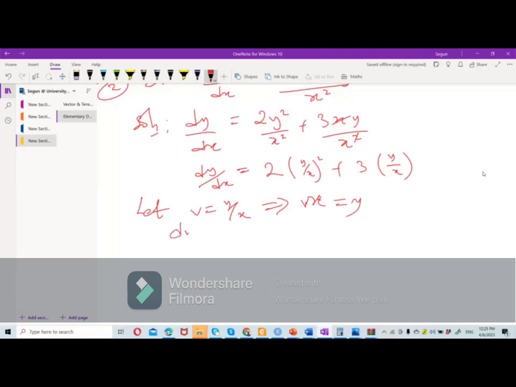So we have dy/dx to be equal to 2 in brackets v squared plus 3 in brackets v. Then by the time we do